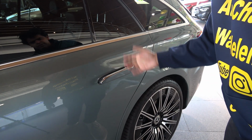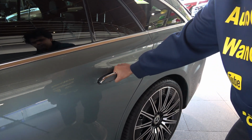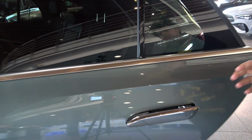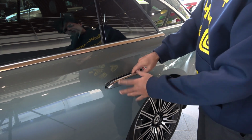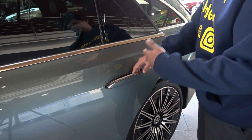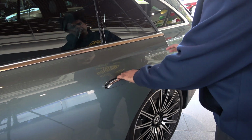To open the door of the Mercedes E-Class, I have to use a lot of force. So this is the thing about Mercedes doors. They really, like, ever since they introduced this pop-out door handle, opening the door has been a bit of an interesting story. Now, the door sound is...